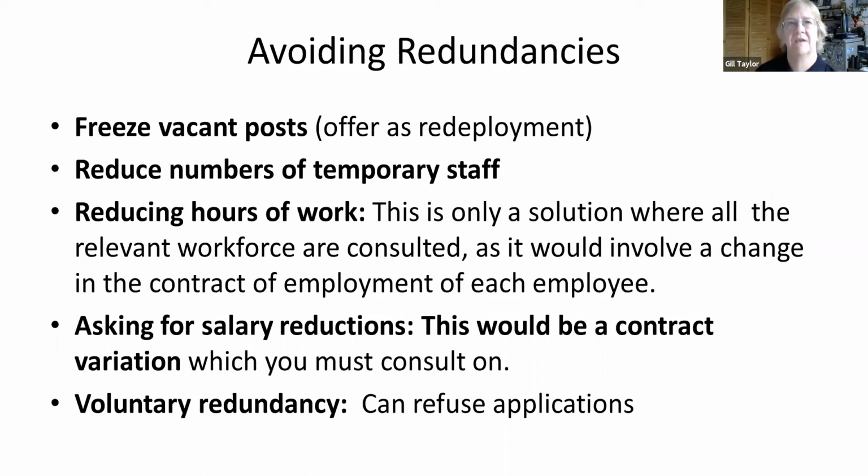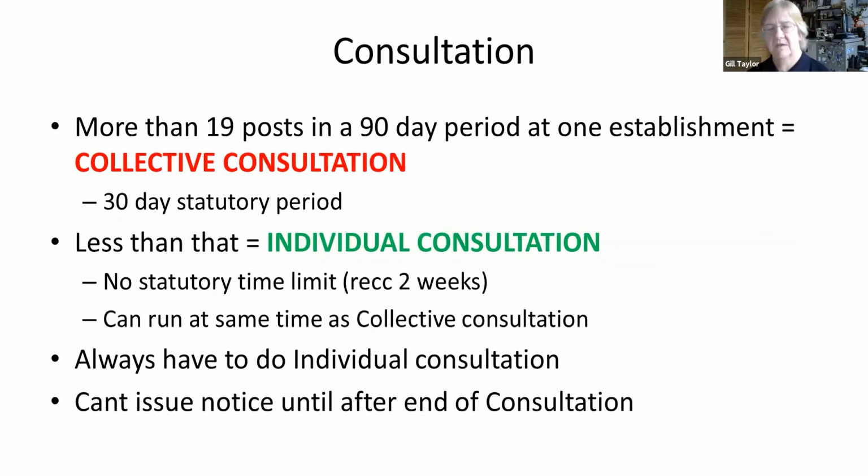So next thing, consultation. This is about numbers. It's important to understand how you count up the posts that you're putting at risk. If you're putting more than 19 posts in a 90-day period at one establishment at risk, that's collective consultation. You have to do collective consultation, which has a 30-day statutory period, and you must consult with union reps or